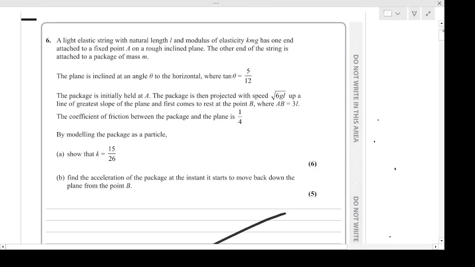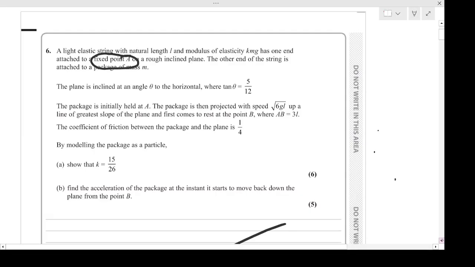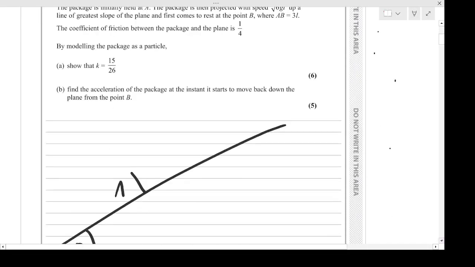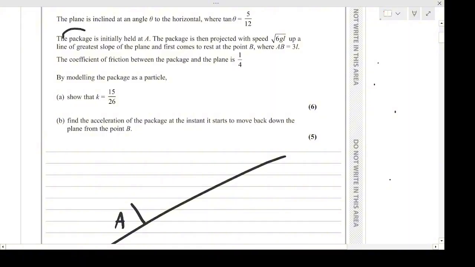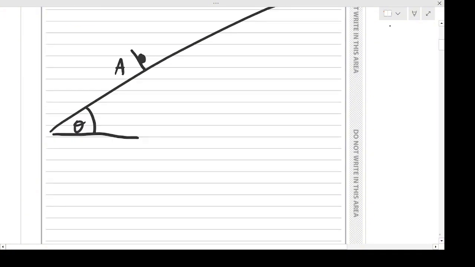I'm told that A is the fixed point, so I'll call that A. I'm told the package is initially held at A, so actually the package is literally at the fixed point. Then I'm told the package goes up the slope and then comes to rest at the point B. So if I draw that on a separate diagram,